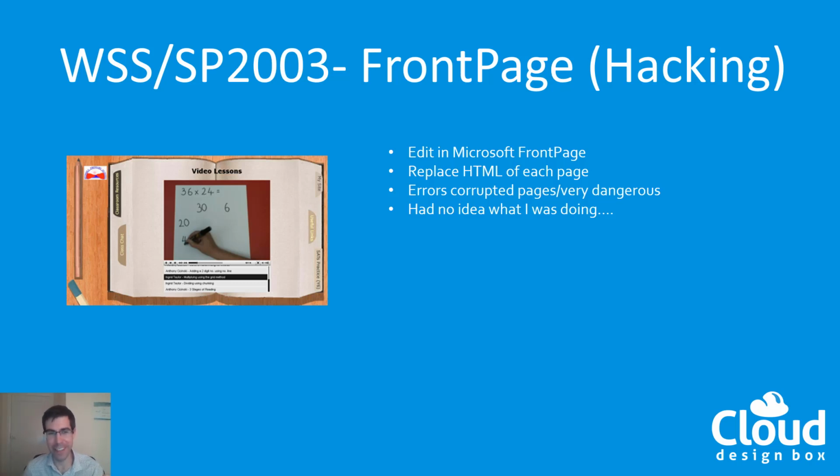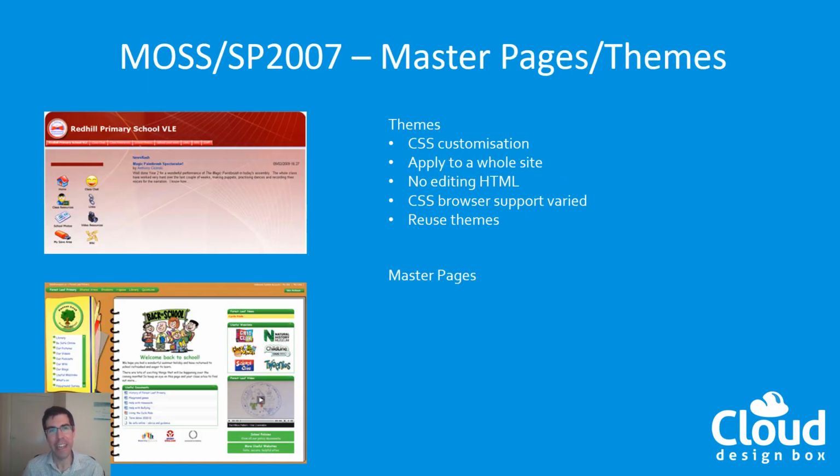So then along came the next version, which was SharePoint 2007, or MOSS as it was known. And there were two really good improvements in terms of design. So there were themes, which were great for people who only had the standard version, who didn't have the publishing model. And with themes, you could apply CSS, so you could add some custom CSS to a page. CSS was very hard to use